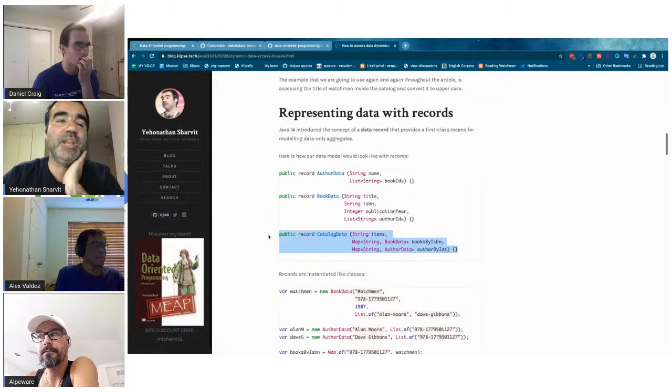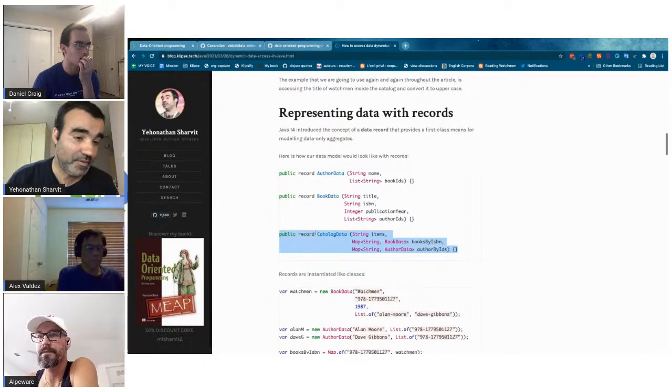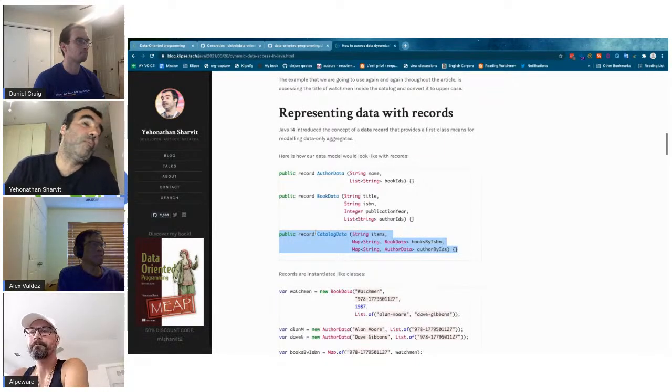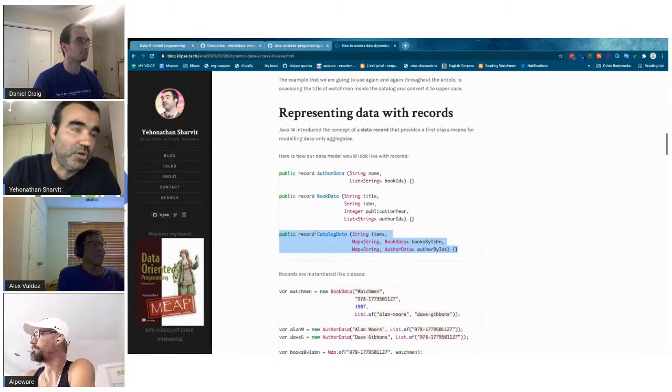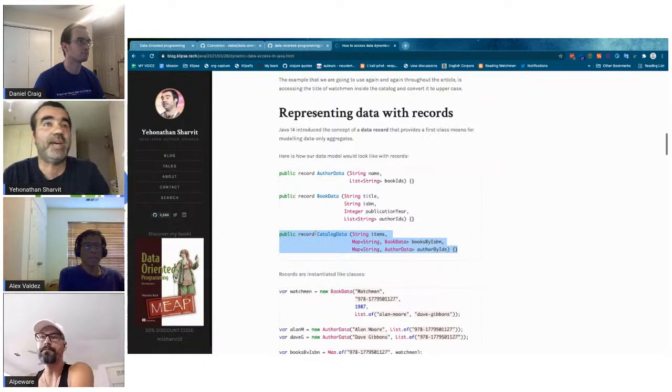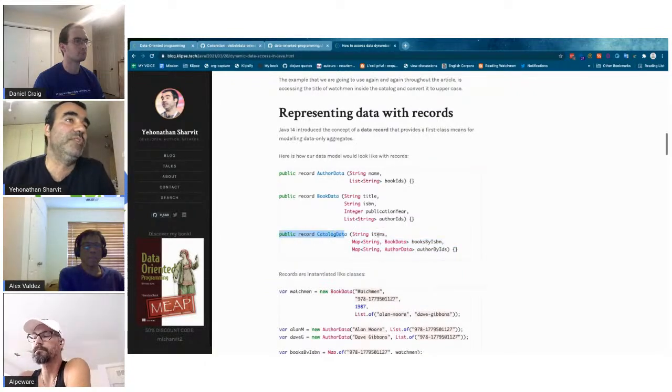By the way, are you guys familiar with Java records? Yes. It's something in Java 14. Yes, I read about it. Yeah. So it's probably not yet in production in many shops, but it's in Java 14. And it's an immutable record. It's an immutable class made only of data. And first of all, it's very ergonomic to define a record.